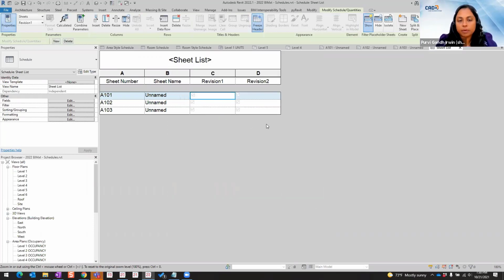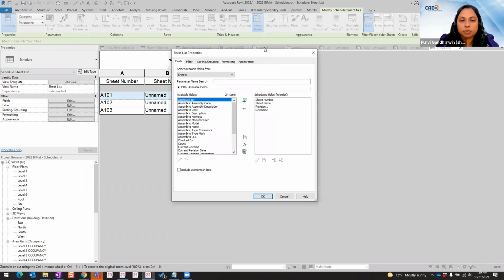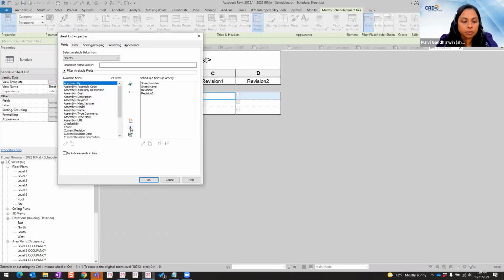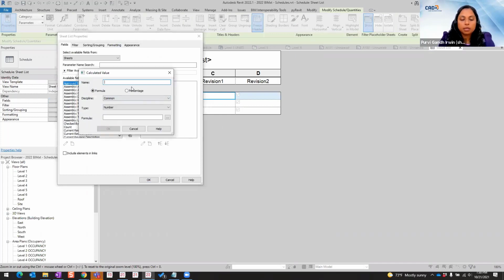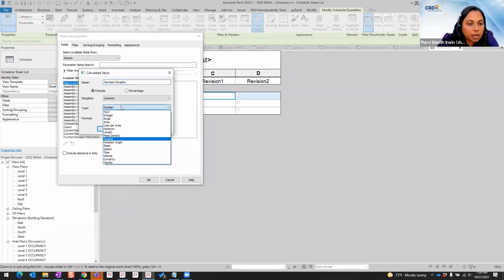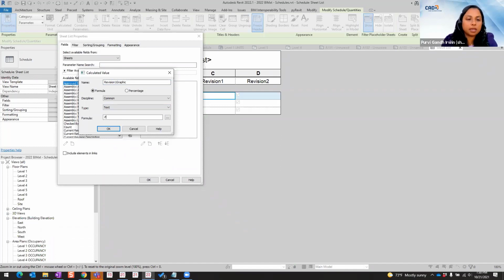All right, so we have these checkboxes, right? But when you put these checkboxes on your page, it says yes and no, which is the silliest thing. So what we're going to do instead is a calculated value. We call it revision 1 graphic, and we're going to make it text and say if